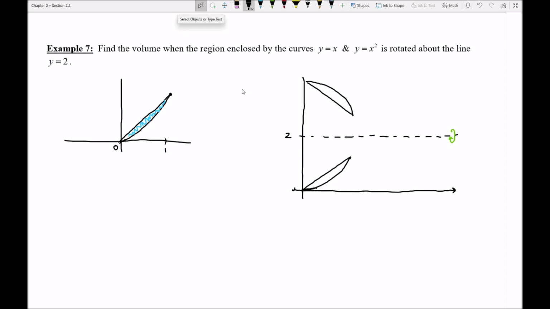All right, so you can see here that I've sketched out my original region over on the side, and I've also sketched out here my region, my mirror image, and the line that I'm rotating around, which is y equals 2. Now, if I again am going to play the game of connect the dots with my different points, I can see that I'm definitely going to create the shape of washers. So notice here, as I go around, I create a big circle,